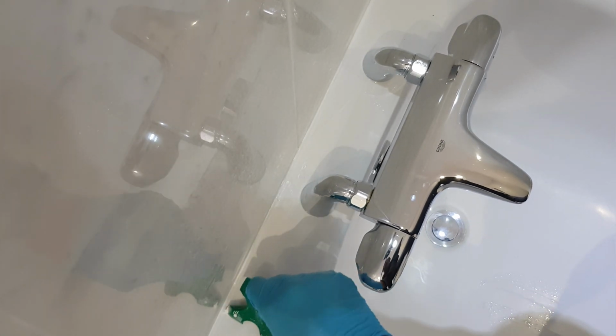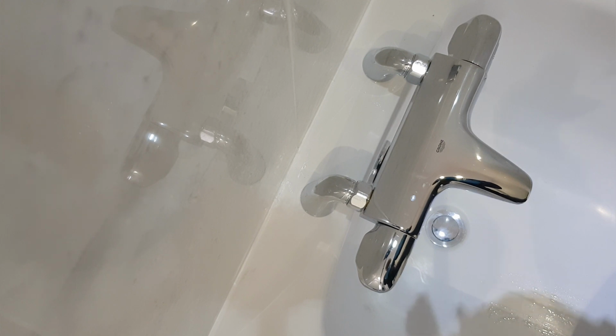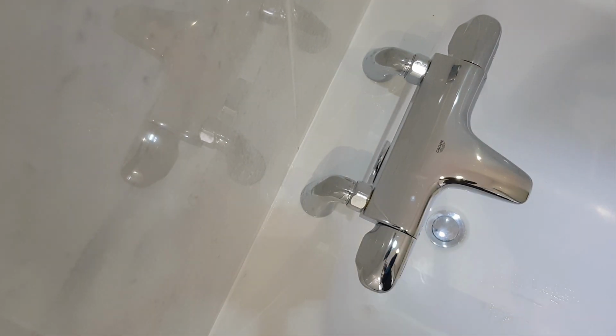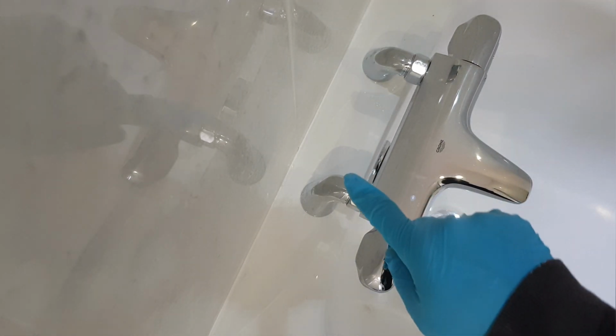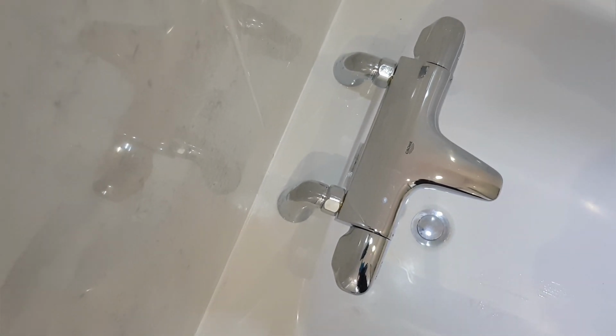It is a little bit finickier behind the tap, but I'm just going to continue on working it and then you'll see how it looks. Okay, that's not so bad. There are some bumps across the silicone, but that's okay. Now that I've actually scraped off the excess, got it as close to as good as I can get it,